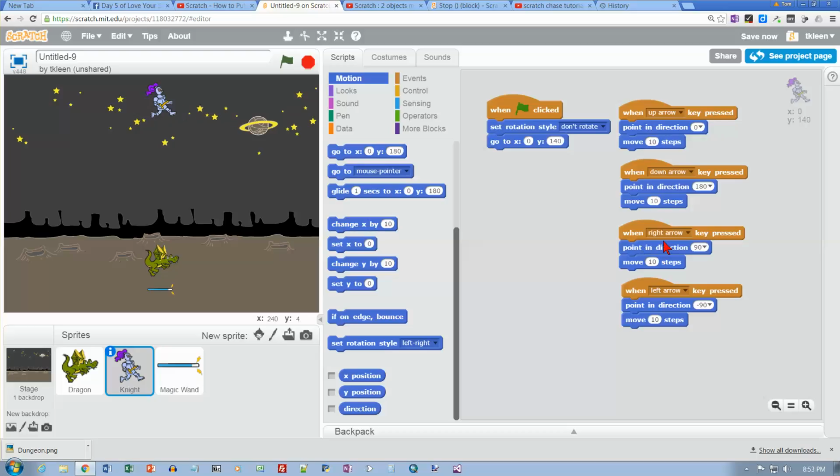And he will respond to all of my movement commands. And the idea here is when I run the program to get him to move down, and without touching the dragon, I want him to go over here and touch the magic wand. And this video has been about 10 minutes now, so we'll stop this video and we'll continue with